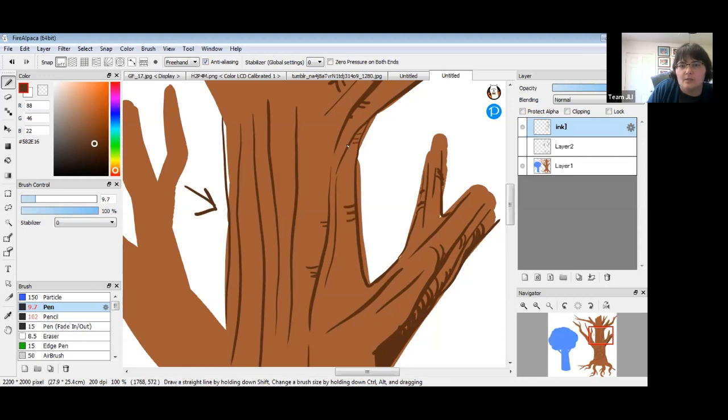And since this one is all the way around on the other side of the tree, depending again how much shading you do with your inking, you might come in here and put lots and lots of texture on these ones that are not getting the light as much. And then on these ones that are on the bright side, there might only be a little bit of that texture. But what we're trying to show is that the contour of this tree is curved on all these little